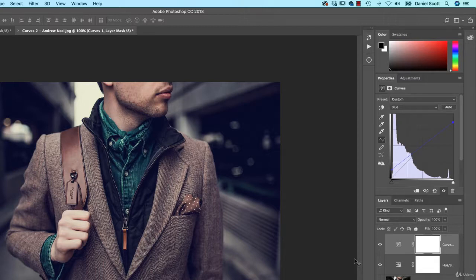I use levels a whole lot more because I'm just doing quick, simple adjustments. I'll only open curves if I want to get into the finer details. That's why you'll probably find photographers tend to use curves a lot more. If you're a photographer, you'll find a lot more tutorials using curves because of that finer detail. For me, I'm more in the design space. The photographs often aren't mine, so I'm often not as particular about the hardcore detail. They're both great tools, but you probably don't need them both at the same